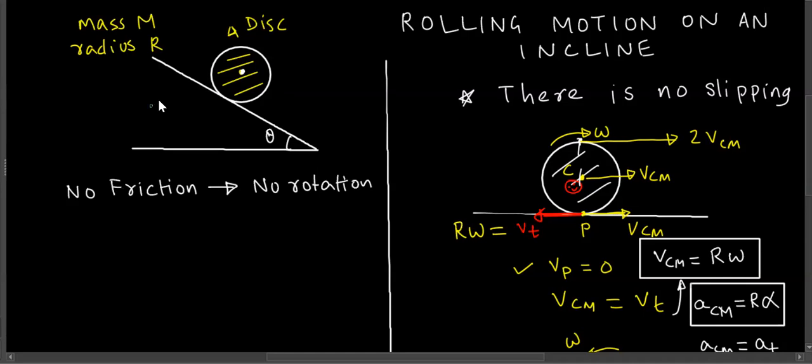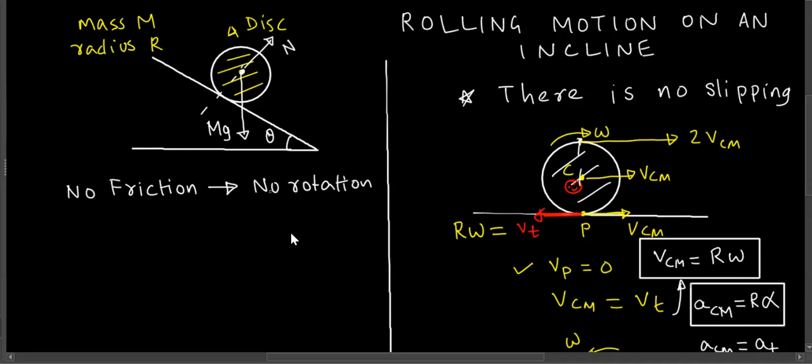Okay, now if you look at the forces acting on it, one force is mg straight down. That's the gravitational force applied by the earth. And then up the incline, we have normal force. Now we are saying if there is no friction, then it is going to slide down. So that means the points which are touching the ground will slip downwards.